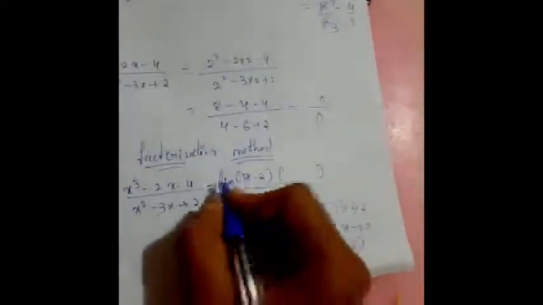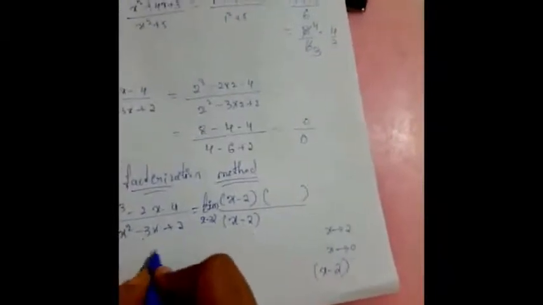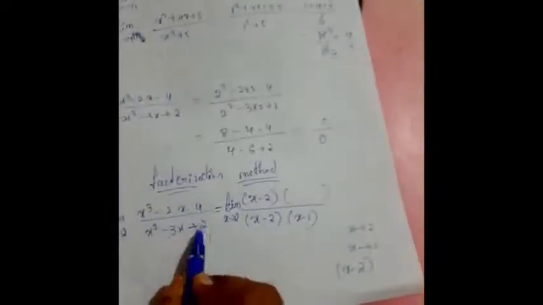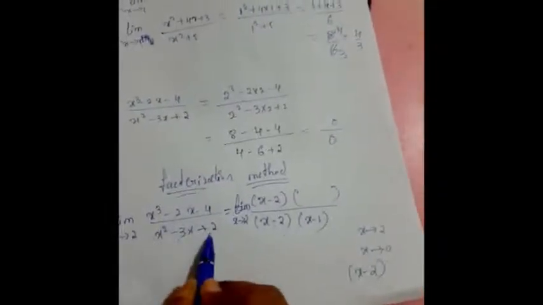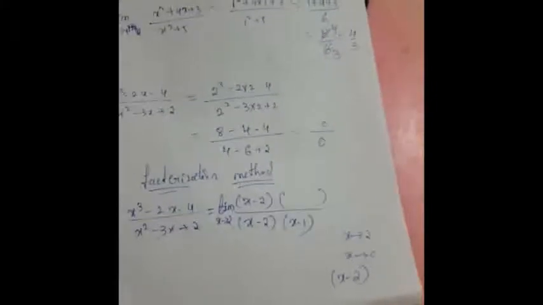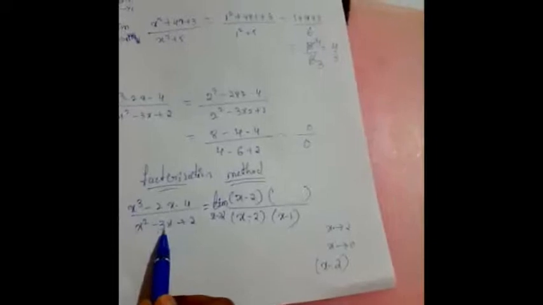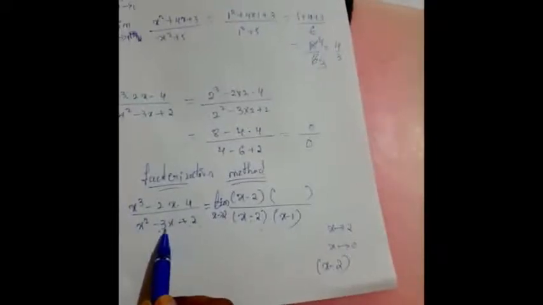The next is limit x tending to 2, where x minus 2 must come. If you split this, you all know how to split this one. Then one more factor is obviously x minus 1. You know that you have to multiply the last two terms, and there is minus 3x. If you split this one, you will get x minus 2 and x minus 3, or else minus 3x can be written as minus 2x minus x.